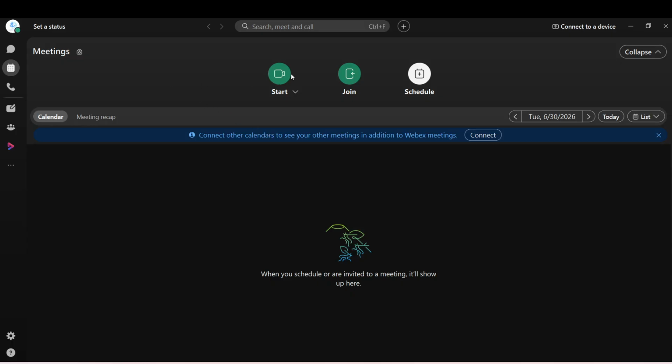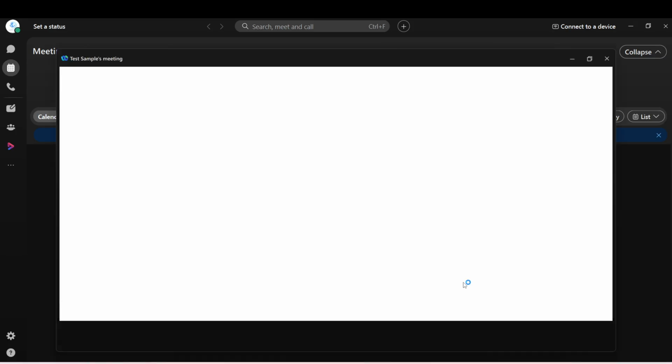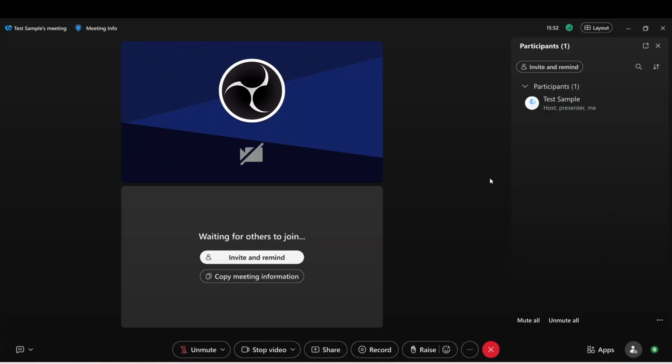Now click the Join a Meeting button or create a new one. If you are joining, you will need the meeting ID or link provided by the host. This link usually comes via email or a calendar invite. Click on the button, and if you're creating a new meeting, follow the prompts to set it up. Joining or creating a meeting is essential for accessing the layout options, so be sure you are in the meeting environment before proceeding.